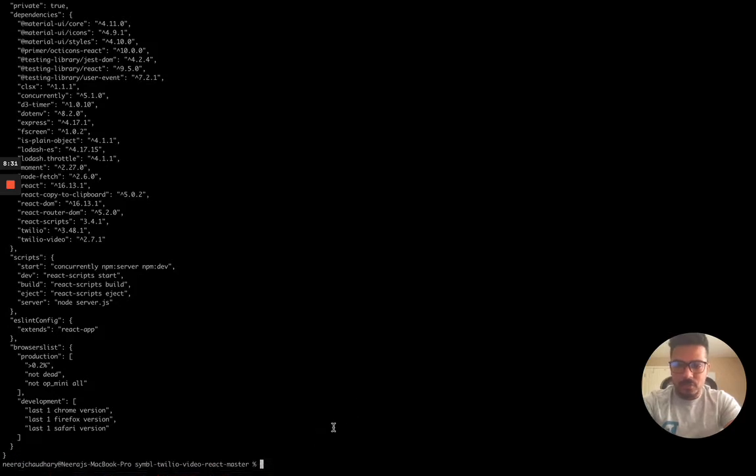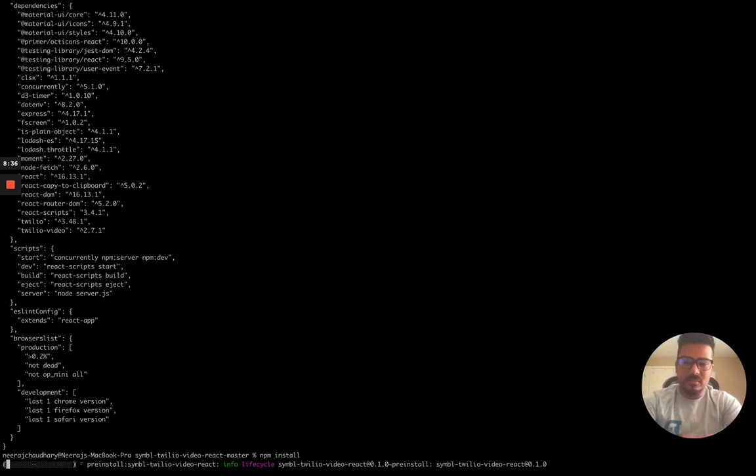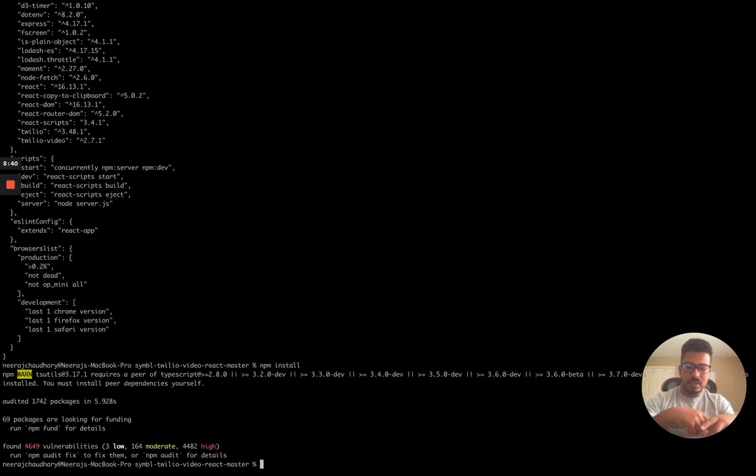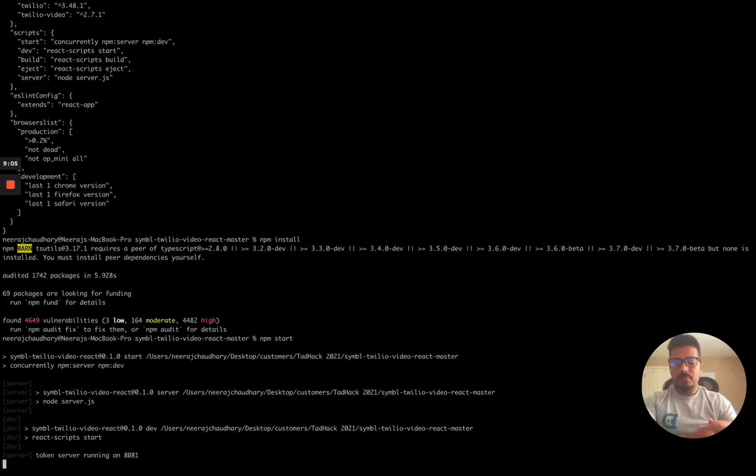Once you do npm install, for everything listed here, the system will check if it's already on your machine. It will utilize those, or otherwise, if something is missing, it will install it for you. So you will have everything installed after this, and that's it. That's the part where you set up everything, and you don't need anything else. Just do npm start, and your app should get up and running.